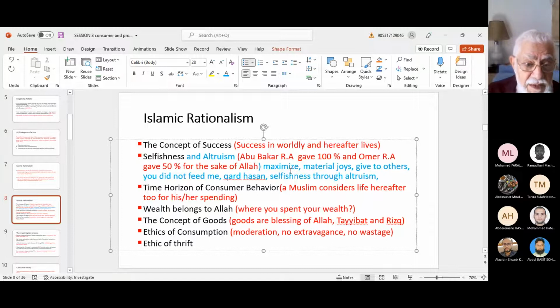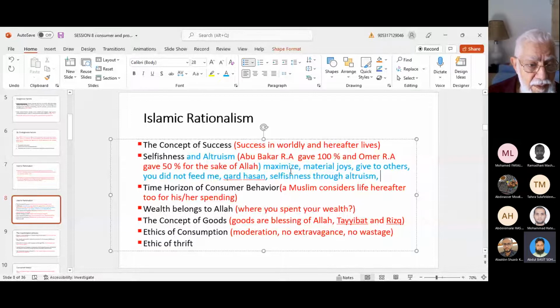So this is the altruism. It comes like underlining of selfishness. If you are more selfish, you want to maximize your benefit, give to others. That will give you more benefit than even consuming it yourself. So this is the idea here. Okay, sir, please correct it to make it selfishness through altruism.